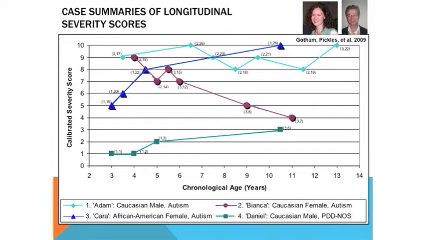So the reality is, if you have a lot of language and you can get a Module 3 of the ADOS, that is a really good thing. And this controls for that. So this is saying, compared to other kids your age who got a Module 3, who have a lot of language, this is how autistic you are. But again, what you have to remember is it's better to have that language. So this isn't severity in life. This is severity on the ADOS.